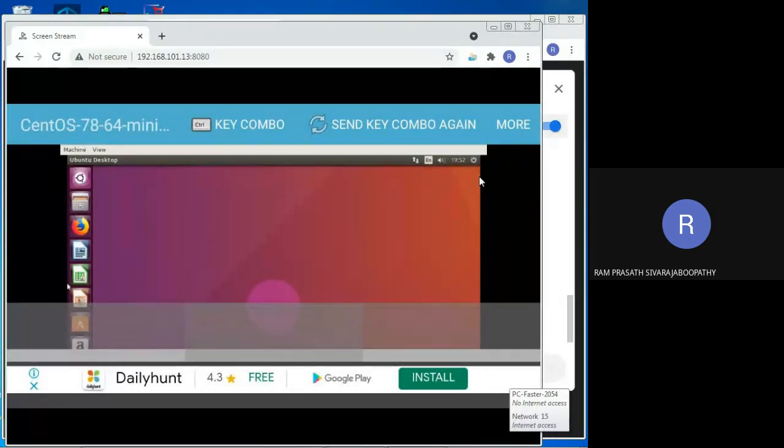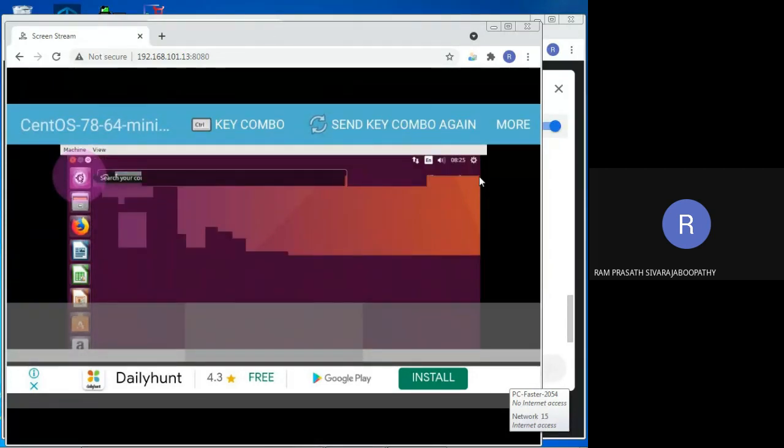Yes, it is opening. See, now what I am going to do is use this particular mouse pointer to move over and there. I want to do left click and right click. Yes, can you people see it? You can see if I click on the right hand side, it's going. Yes, this is our right click. Fine. Now I'm going to click on this particular icon, select it. Yes, a window will open now. Wait a moment. So click on the terminal.